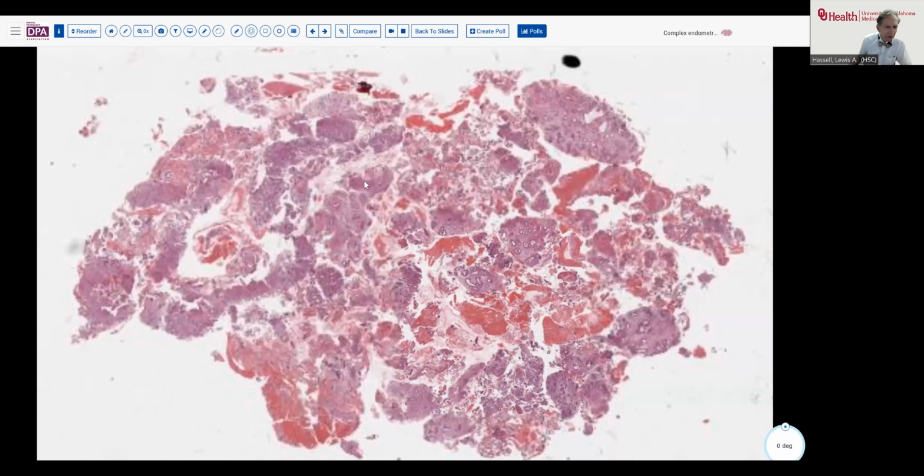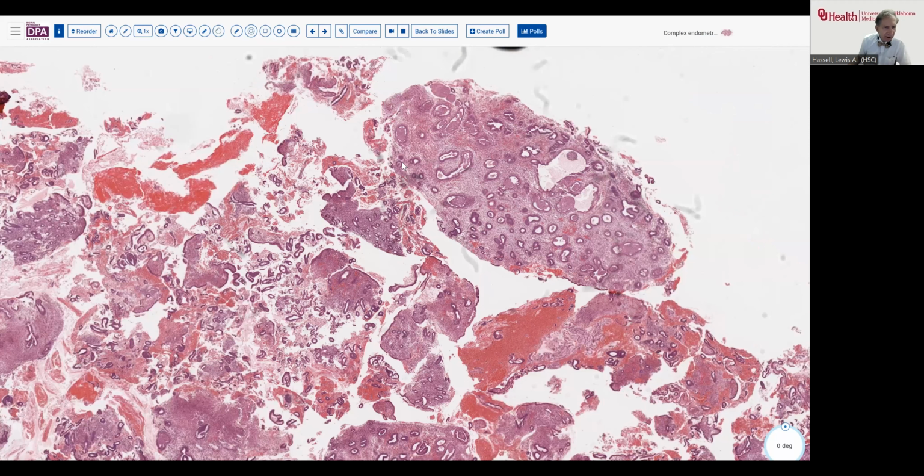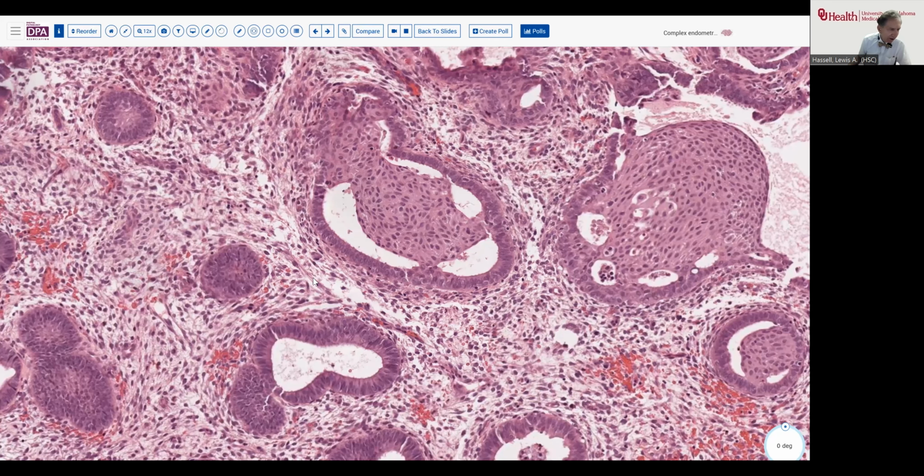Again, this is a patient who had complex hyperplasia or atypical endometrial hyperplasia, and she's been treated to some degree. Now here we see still some persistent architectural abnormality, both here in the low power, a little bit of increase of gland to stroma ratio, and we see these very nice prominent squamous morules or squamous metaplasia within these glands. And in addition, the glands are retaining some of their